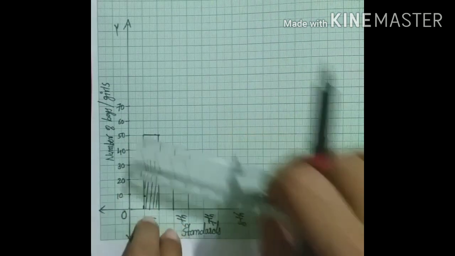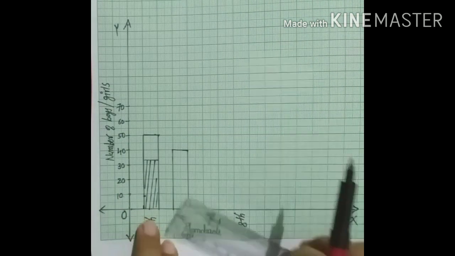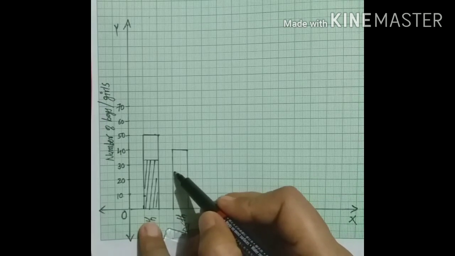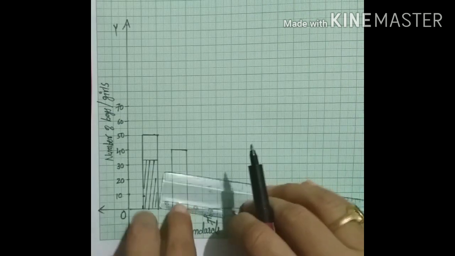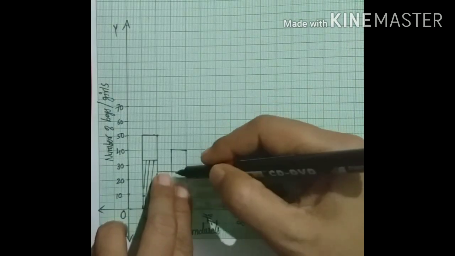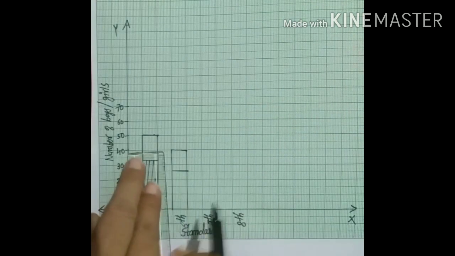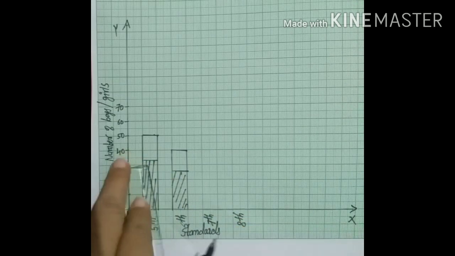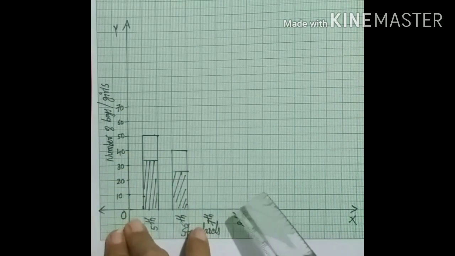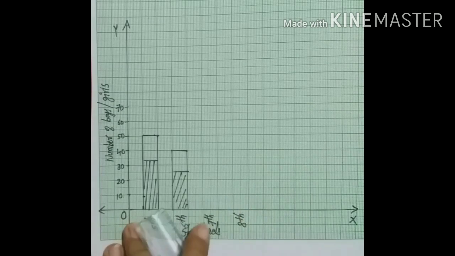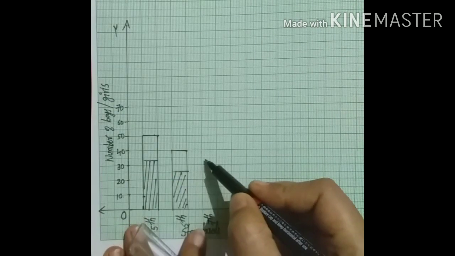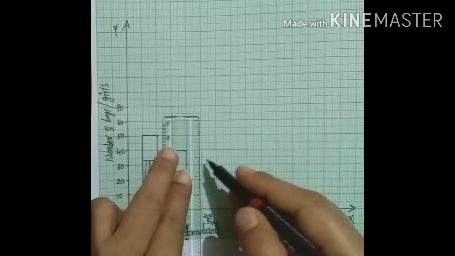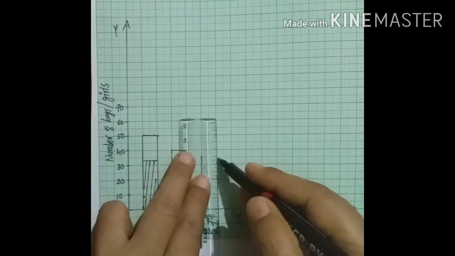And boys of the 6th standard, how many boys? 26. So, here is the 20 children. Count 6 lines. 1, 2, 3, 4, 5 and 6. So, at the 6, we draw the line. And children, do the slant line here. Okay. Now, what is the total strength of the 7th standard children? 35. Okay. This is the 30. After that, count 5 lines. 1, 2, 3, 4, 5. So, here children, 35.